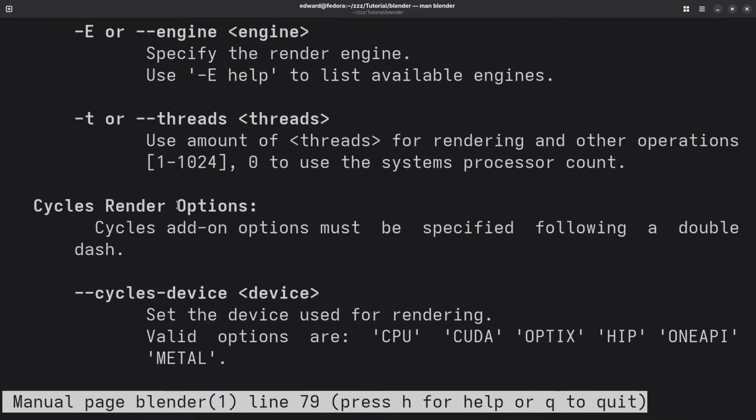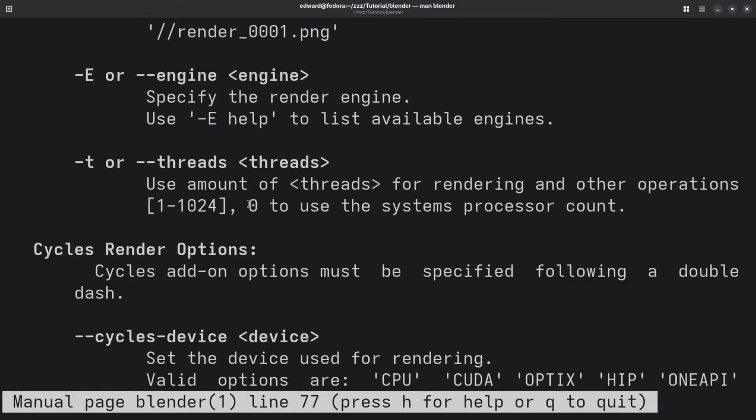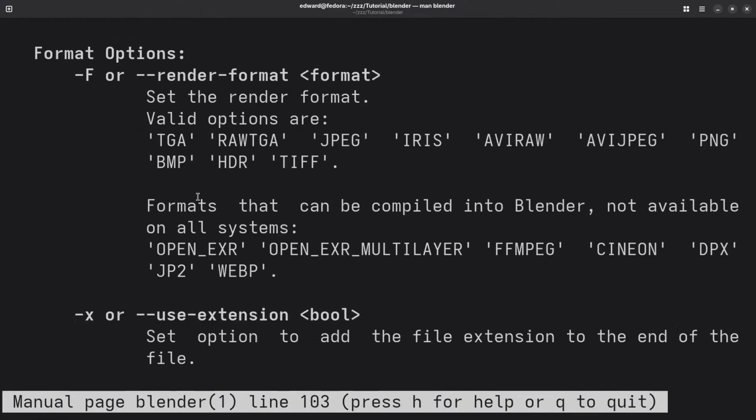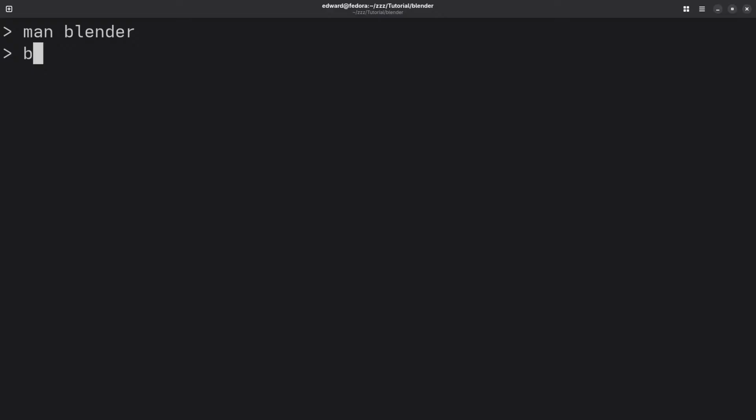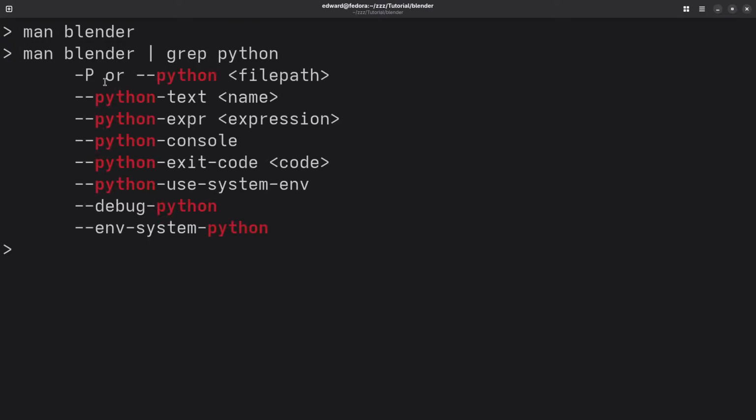And you see then if you want to pick Cycles render, you can pick the engine, how many threads you want to use, and so forth. I don't need any of that. So it's just Blender. Oh, there's also Python. So if I go here, man blender, I'm going to pipe it into grep and then choose python. So you can see if you put a capital P or a dash dash python,